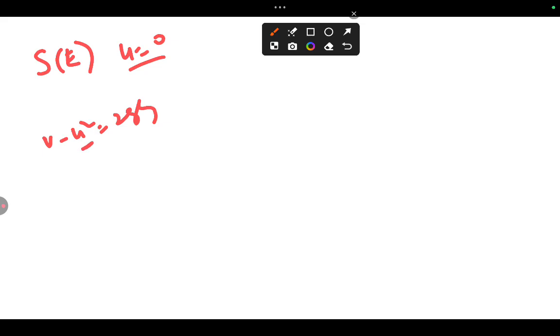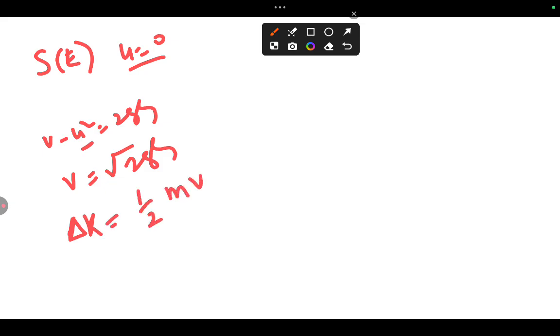First of all, with respect to S, that is the earth, the initial speed is 0. u equal to what? 0. Before hitting the ground, v² − u² = 2gh, and u is 0, so v = √(2gh). Am I right? So now this is with respect to the earth. Our formula for the change in kinetic energy, ΔK in the S frame, is 1/2 mv², where v is √(2gh).